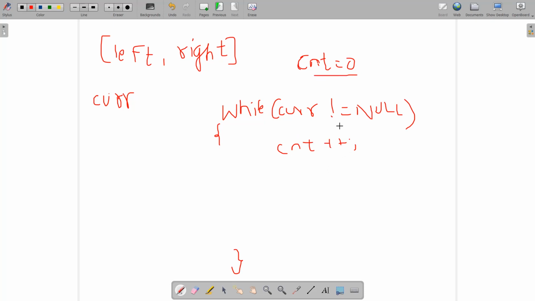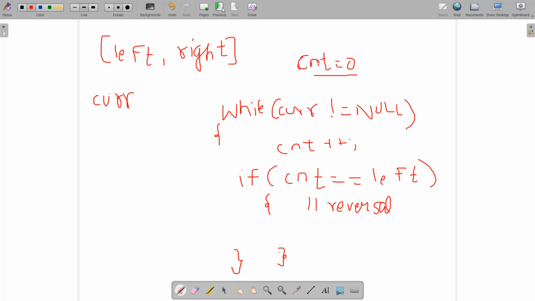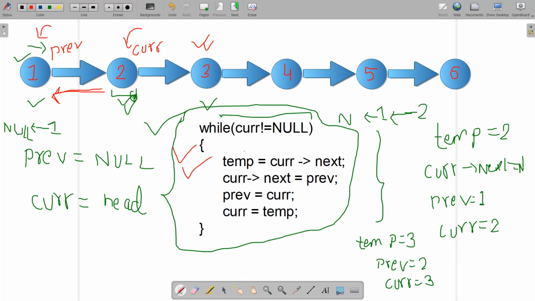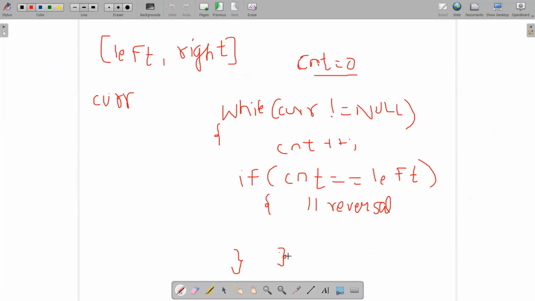And what is the need of maintaining this count? You can easily see that whenever count is exactly equal to left, it means that this is the point where we need to start reversing my linked list. So reversal of this linked list starts from here, and the entire code remains the same from this position. And after doing this, once count reaches exactly the value of right,